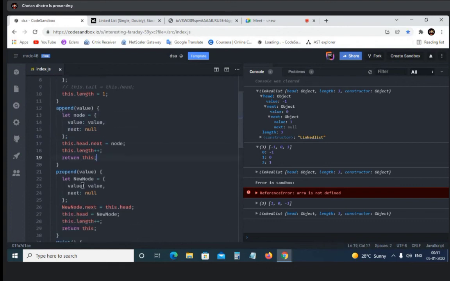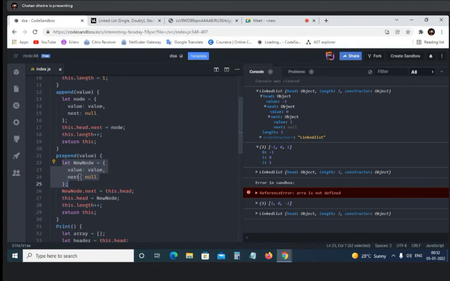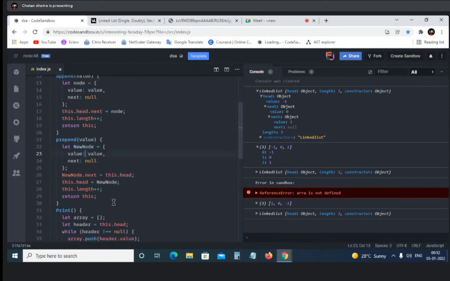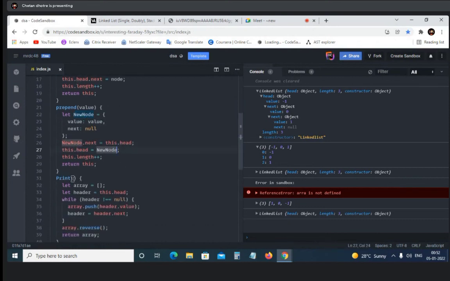And in case of prepend, we also created another object, and the new node dot next, which is null, we are referencing to the head, and the head is called new node. So that's the case. In the printing case, we are using an array, and we have assigned this dot head, so we can loop through and add to the array.